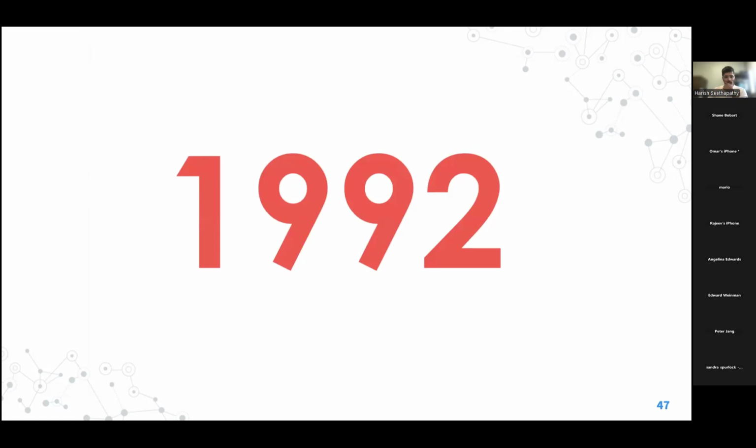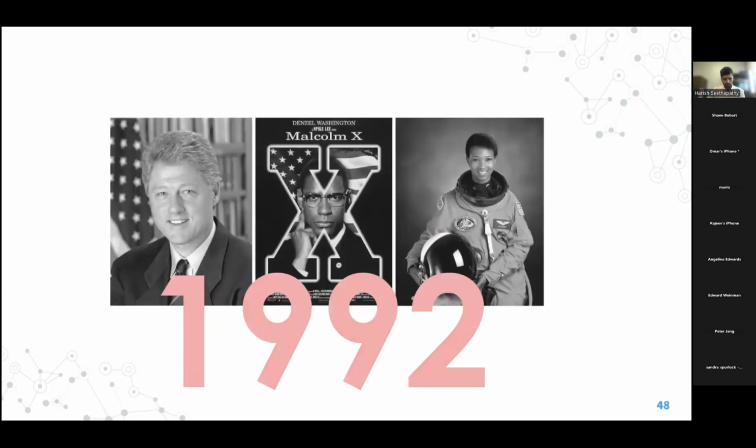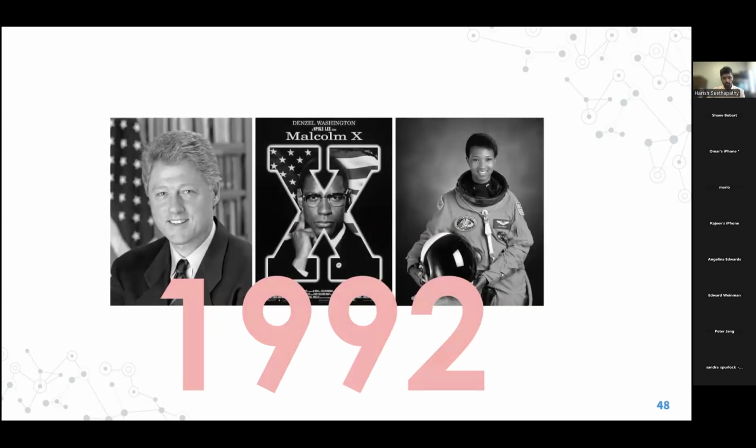So we come to the 1990s, and this is when the controversy or some of the debate really takes off and becomes a little ugly. There are 2 papers published by the Ayus group in the 1990s. The first one is in 1992. This was the year Bill Clinton was elected president, Malcolm X, the famous Spike Lee movie, came out, and Mae Jemison was the first African American woman in space. So a lot of historical, legendary things happened.